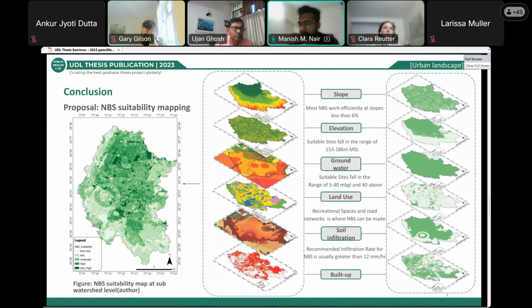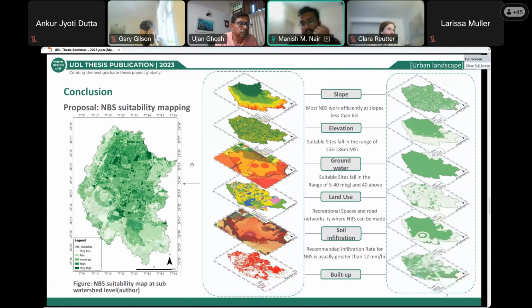So the areas that have the maximum number of overlaps of all these indicators were selected as the most suitable. Now, the results of the runoff estimation show that around 30% of the stormwater stayed as pluvial flood after the initial abstraction and the amount that was managed by the existing stormwater infrastructure. Now, let's understand how one can manage this existing 30% with the help of a four-stage NBS strategy.